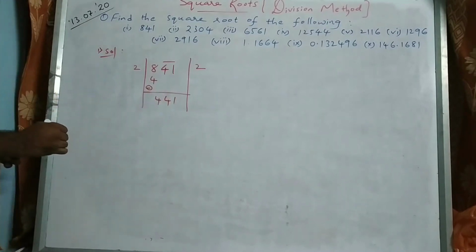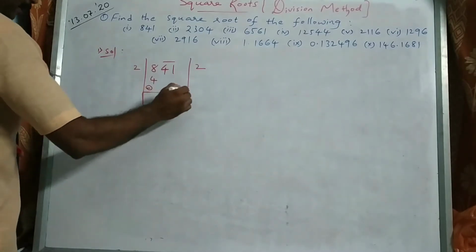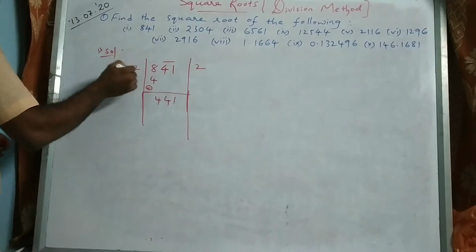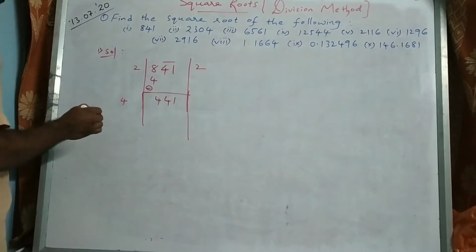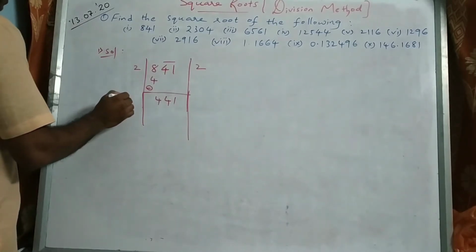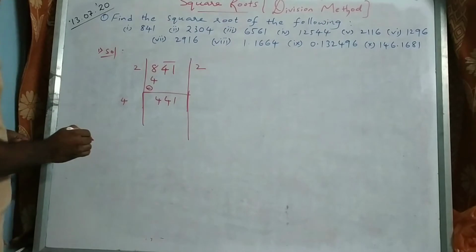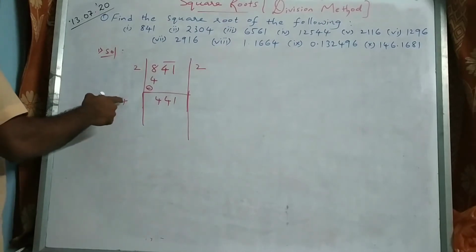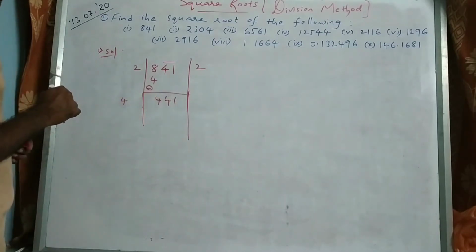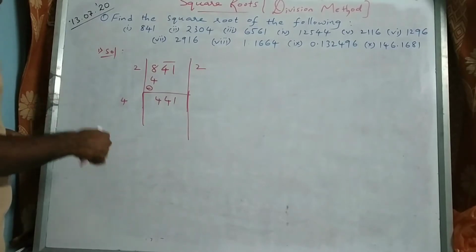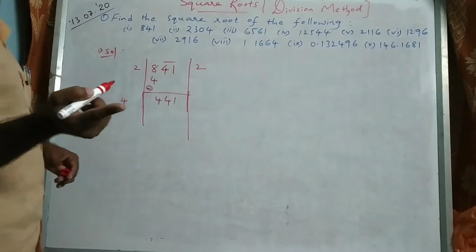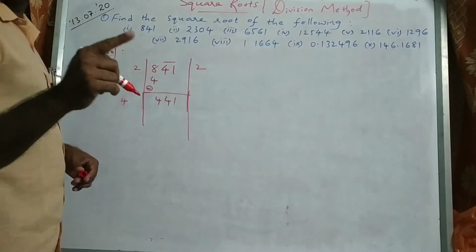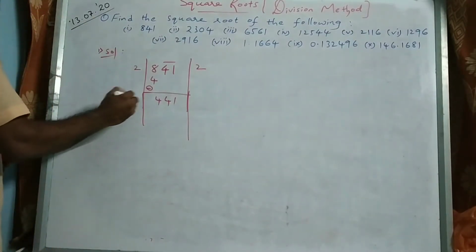41 at a time we have to bring it down. Okay? Now, 2 times of 2, double of this digit we should take. Double. 2 2s are 4. Now again, whatever number we write here, the same number we write there. Since the last digit is 1 here, in which case are we going to get 1? In two cases, 9 9s are 81, 1 1s are 1. So 1 is not possible.